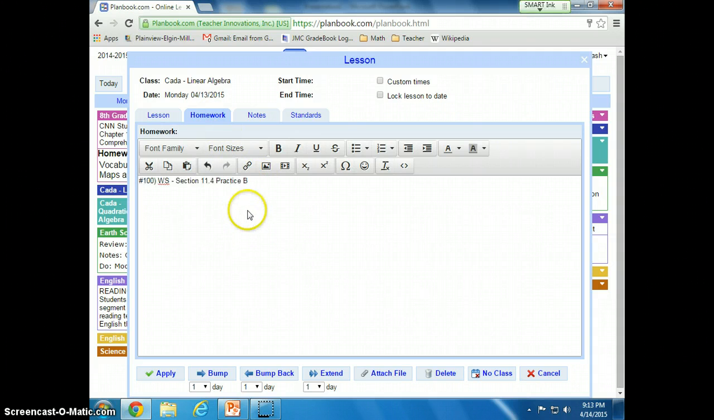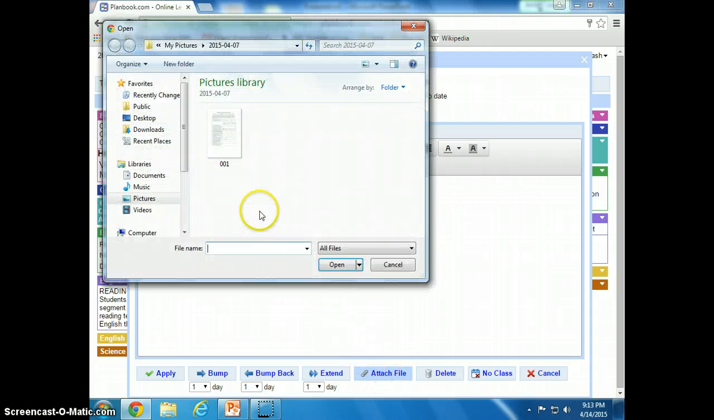homework for the day. So for this particular lesson, I gave out a worksheet. It was number 100 since I label all my assignments. And it was section 11.4 practice B. What I also like the option of doing is if you like to attach a file, you can attach that worksheet by finding it amongst your files, and I would do that as well right now as I typically